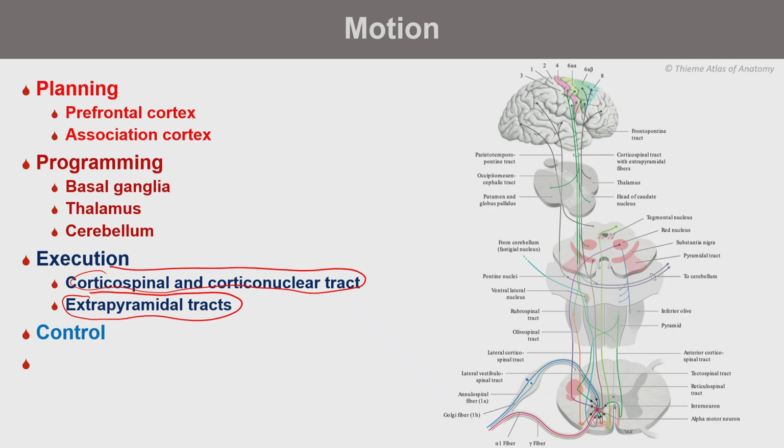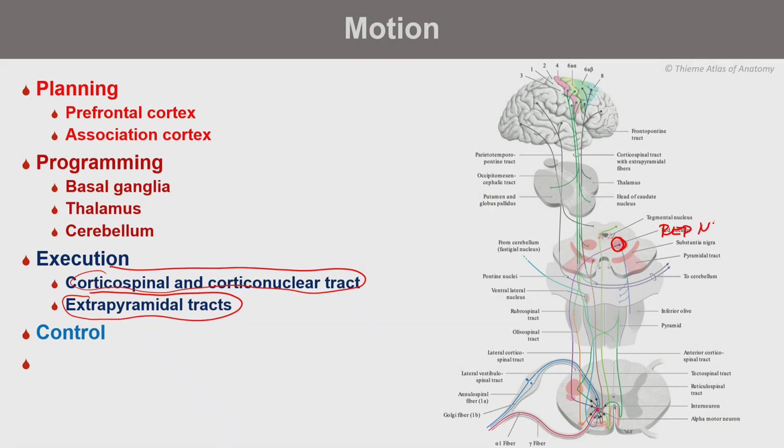Those are the frameworks of motion, and those automatic ones are not under full guidance of the planning system, the corticospinal. This is not planned by the prefrontal cortex and the association cortices, but guided directly from inputs from other structures. So the most important in motion is the red nucleus,